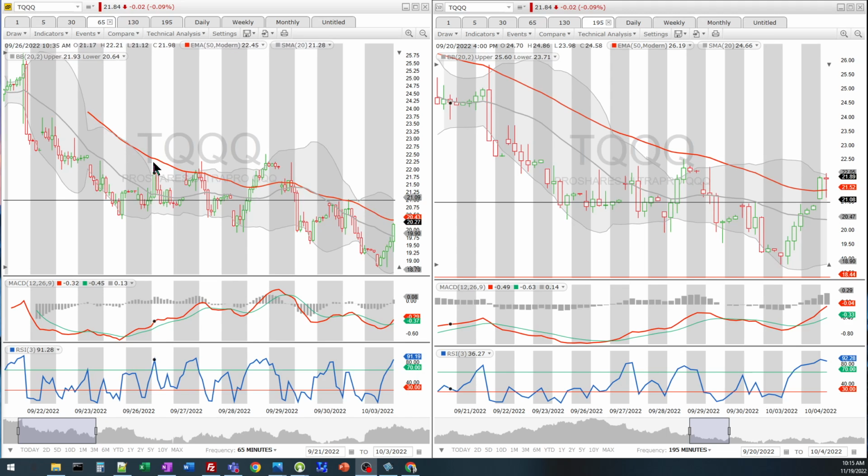So let's start with the 65-minute time frame, and this is back in September because this is as far back as I can go. Right here, see that there's a gap there. That means it stops for me on the 65-minute time frame on my trading platform. So I went back as far as I could. So as you see here, it's coming down, right? It's coming down. It tries to come up over, this is September 28th,